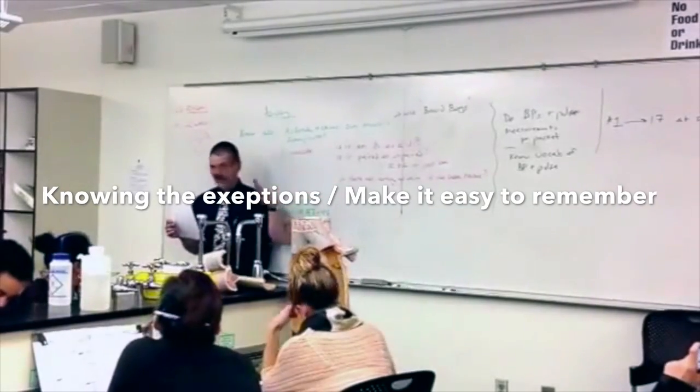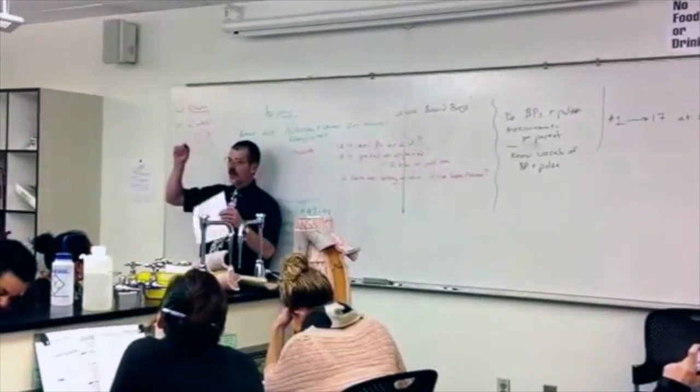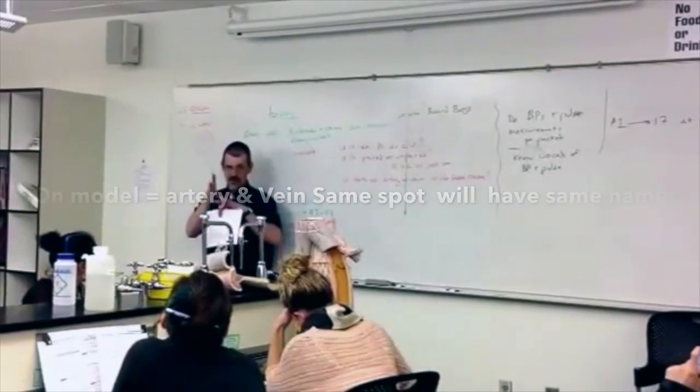This is kind of a general rule of thumb. If the artery and vein are in the same place on the model, they're usually the same name because they lie next to each other. So I'll show you